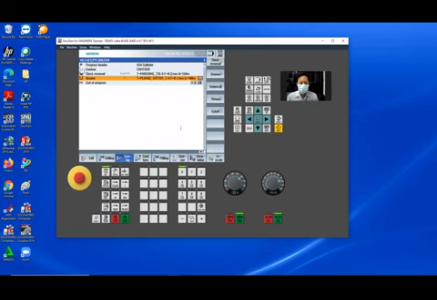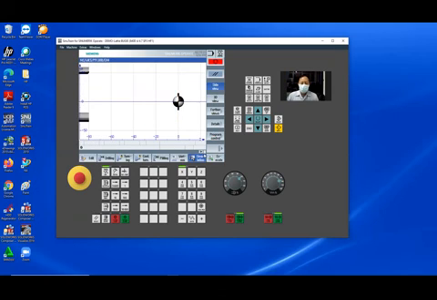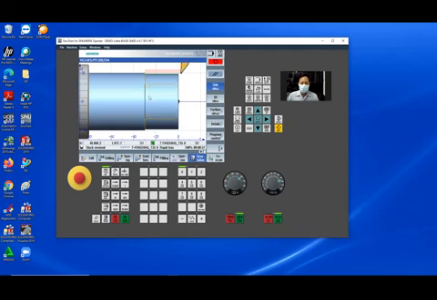Accept. You look at the simulation like this. Yeah, groove.